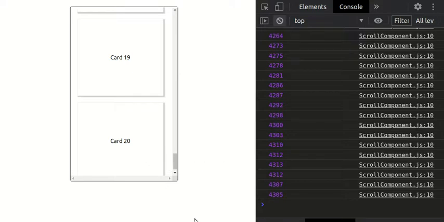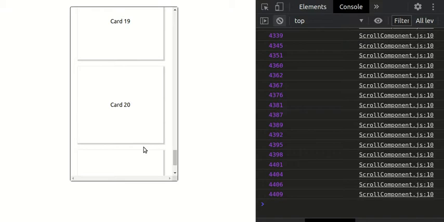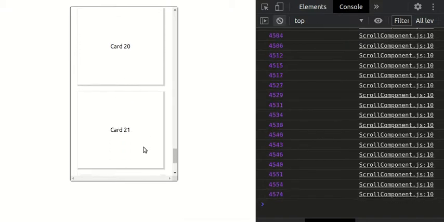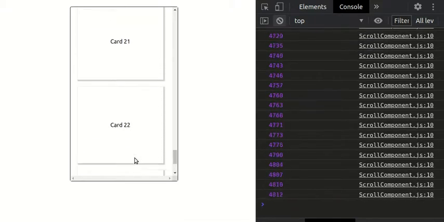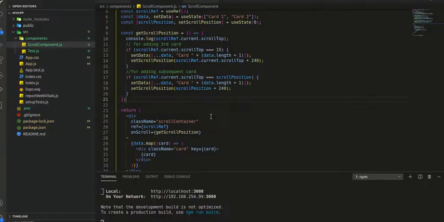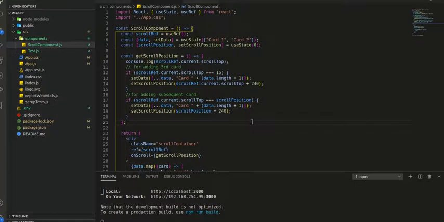Whenever it is adding a new card, it will just pop a little bit. See, it is popped up. Okay, so that is basically an infinite scroller using React. So yeah, thank you guys.